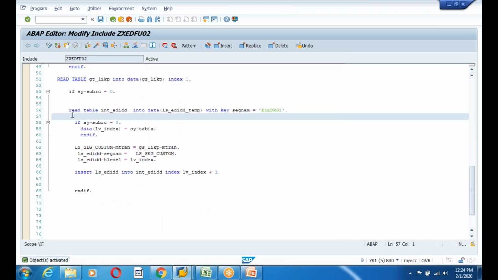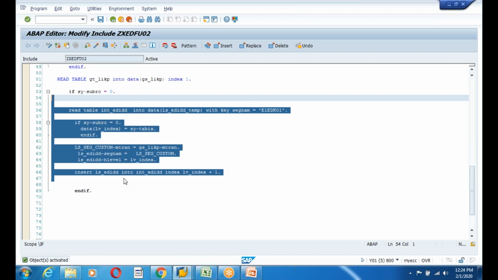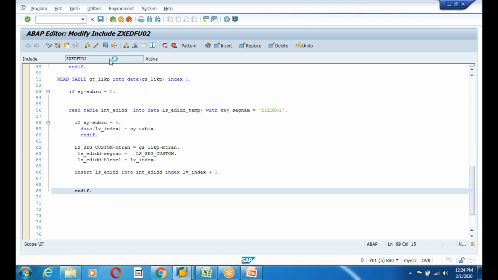So this is all your analytical and problem solving skills. This logic comes under that category, guys. Okay, so come back